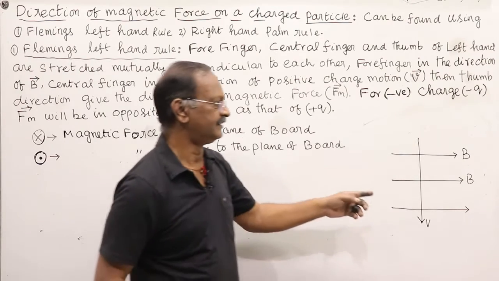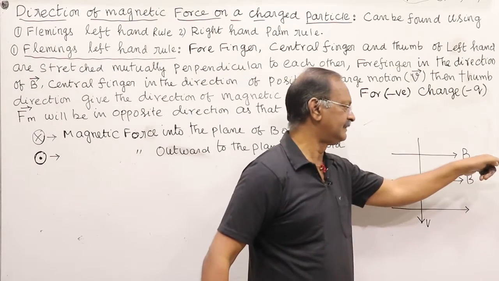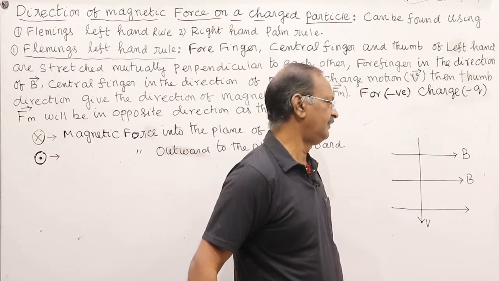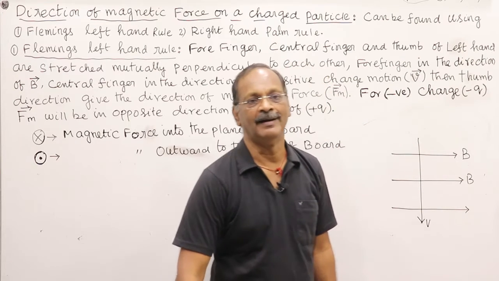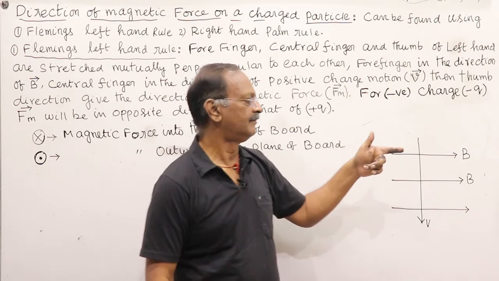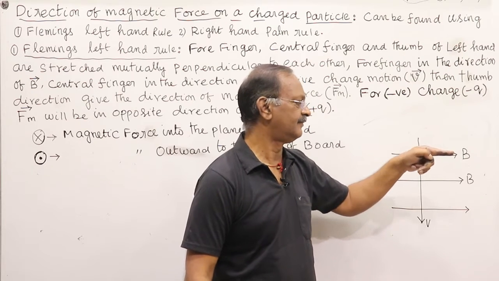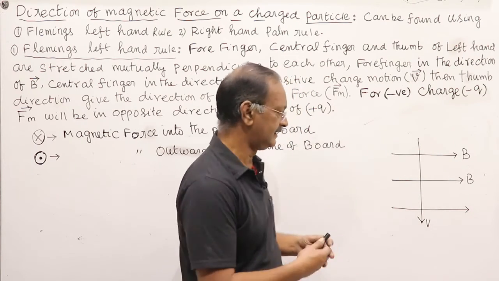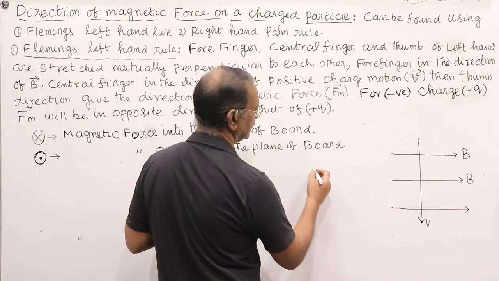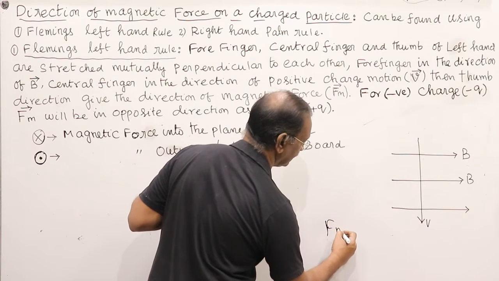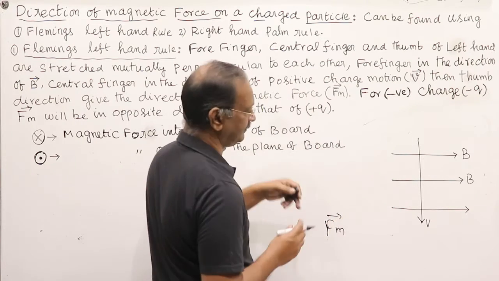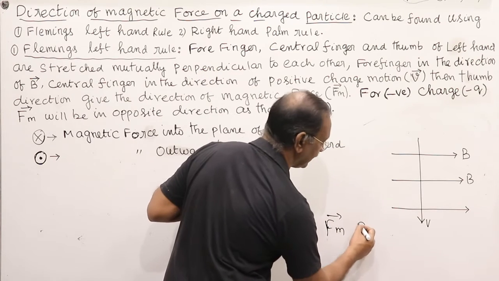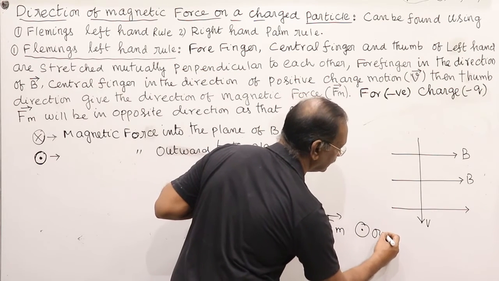Now another situation: the magnetic field is in this direction and the velocity of the charged particle is in this direction. We have to find out the direction of the magnetic force. See again, the magnetic field is in this direction, velocity is in this direction. This will be outward. The direction of the magnetic force will be this way, it means outward. The direction of the magnetic force will be outward